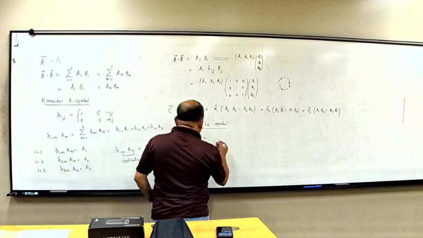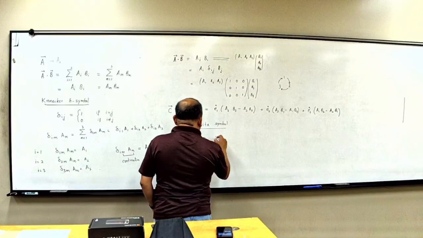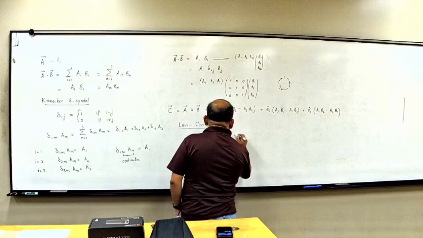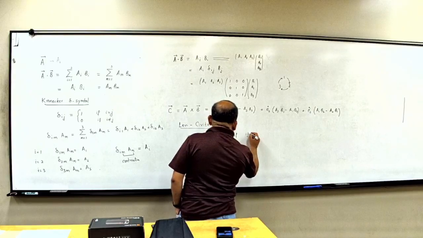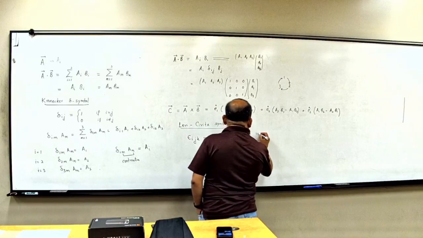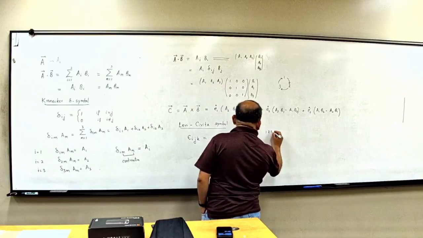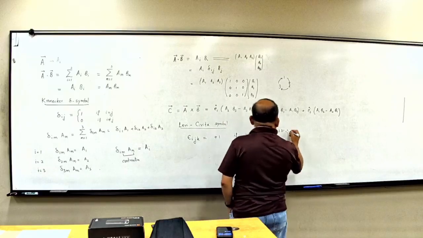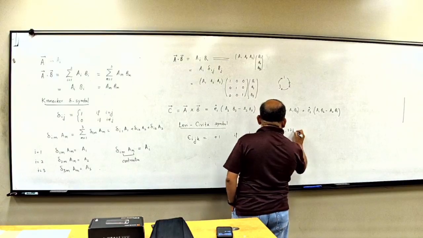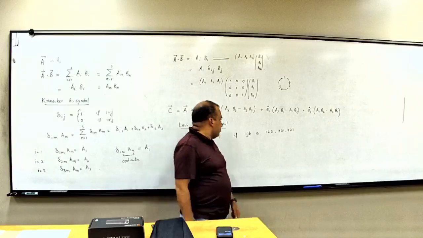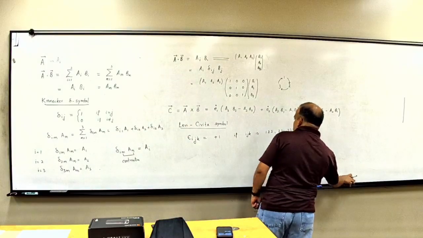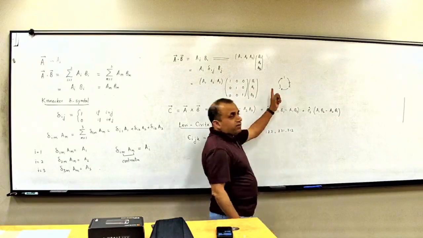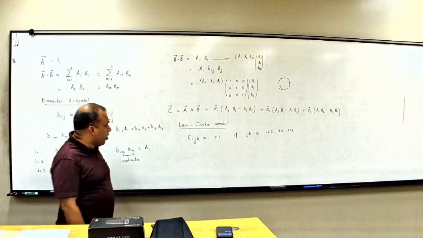So here is how I will write it. This is going to be equal to plus 1 whenever the 3 components are cyclic. So if ijk is 1, 2, 3, or 2, 3, 1, or 3, 1, 2. It's going to be minus 1